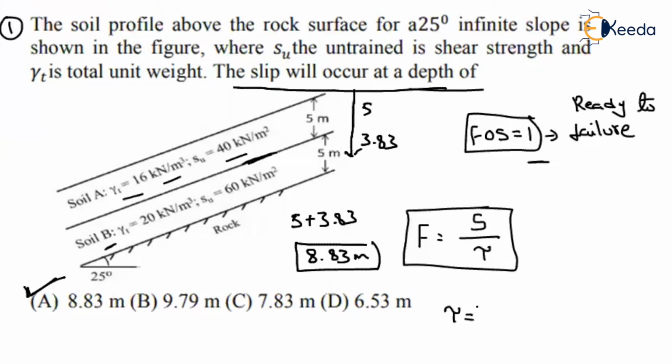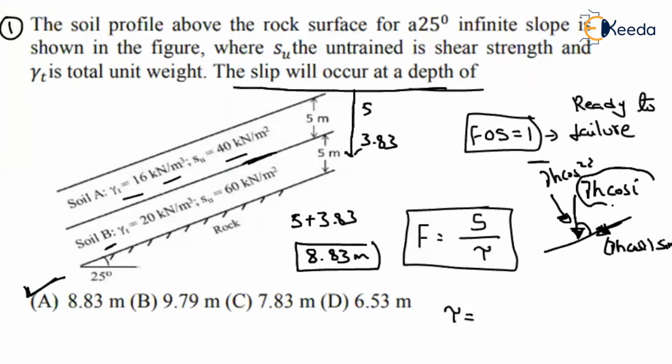So in this problem, you have to understand that if it is an infinite slope, first you have to find the stress acting truly along the vertical direction. That is nothing but gamma H into cos i. This stress, you have to resolve into the normal direction and the tangential direction. In the tangential direction, it will be gamma H cos i into sin i. In the normal component, that will be gamma H cos square i. So remember that the stress truly along the vertical direction is gamma into H into cos i.